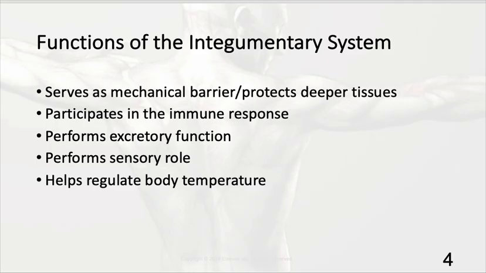And finally, temperature regulation. So the integumentary system helps regulate body temperature in many ways, some of which include what we've already talked about, sweat production, and also blood flow in the skin. So regulating vasoconstriction, or the constricting of blood vessels, to divert blood away from the skin and keep our core temperature higher or warmer. Or we can promote what's called vasodilation, or the dilation of blood vessels at the surface of the